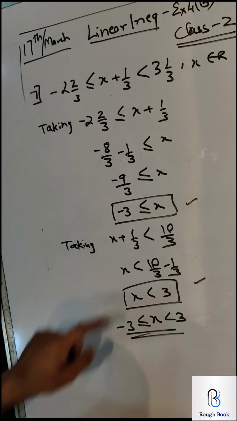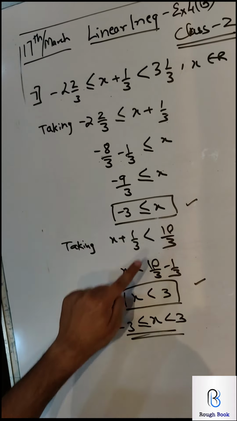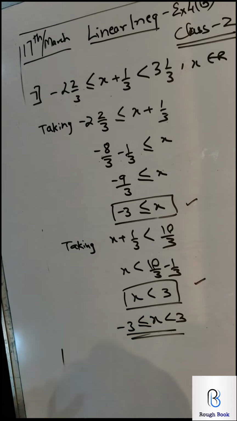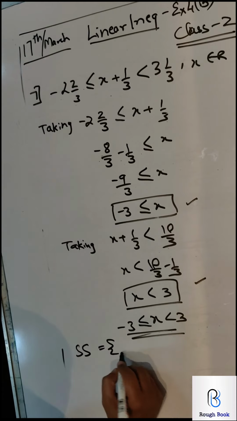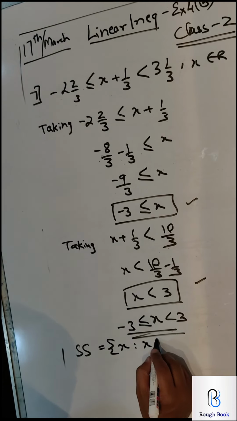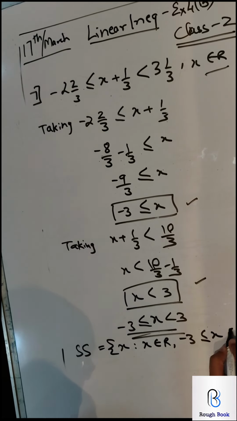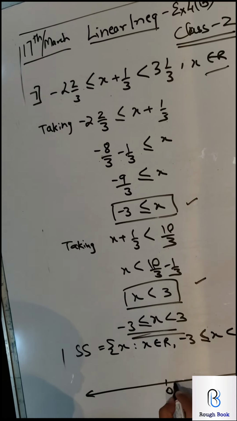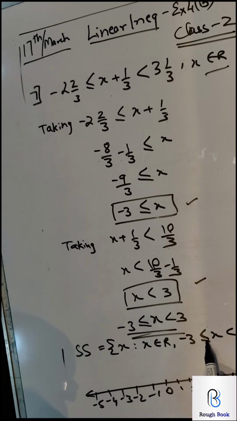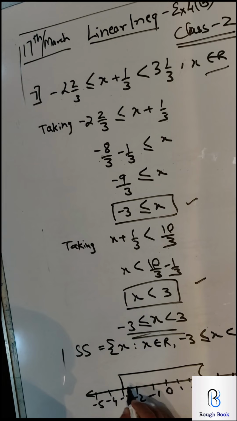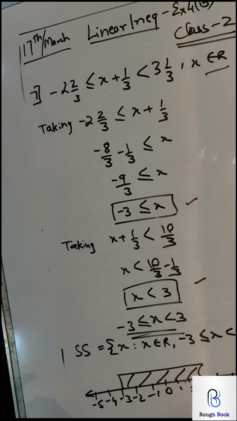If you are following the rule of taking the x on positive side, automatically you will get x in the center, and this will become very easy to generate. So therefore your solution set x, where x belongs to R, which they clearly mentioned here, and the range which we have got. So let's see how the number line looks like. So 0, 1, 2, 3, 4. Some extra coordinates, at least one if not many. Minus 3 inclusive, so I. 3 not inclusive, so C. Join and shade.